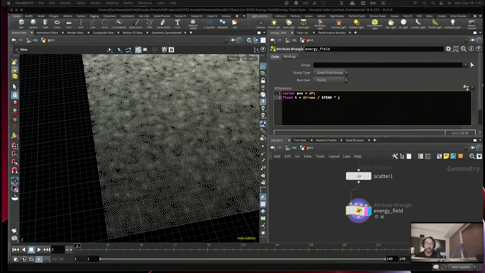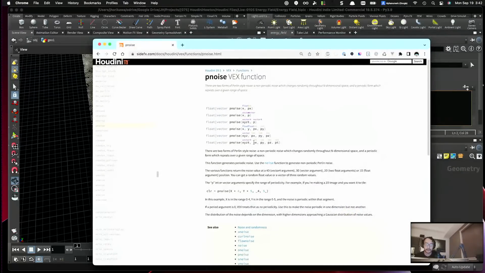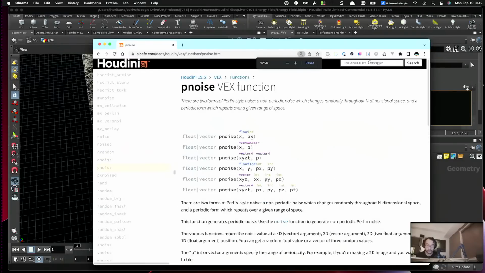Okay, and actually it could be any integer value, because in order to use a periodic noise you have to use an integer, as written here. Okay, it says integer here, which